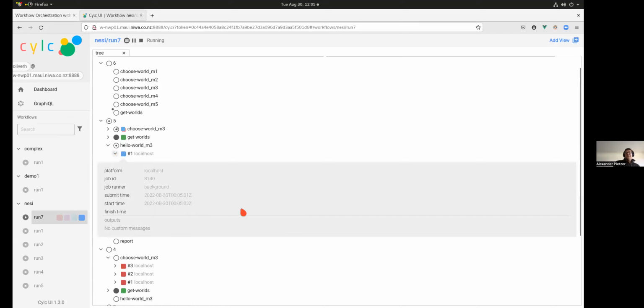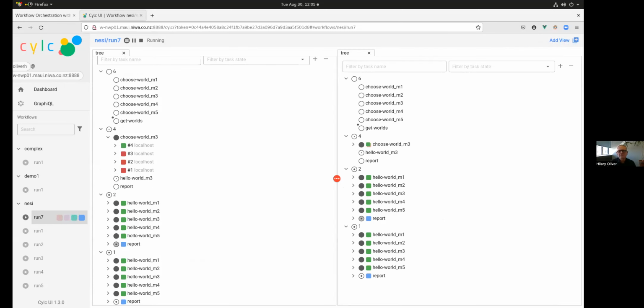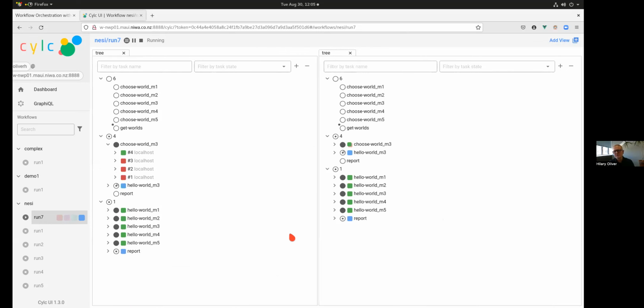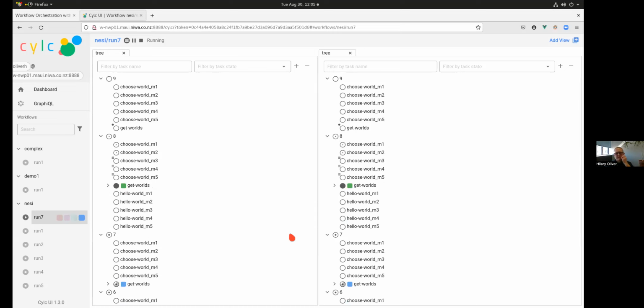So we do have a question, Hilary. I'm not sure if while the demo is running or should we wait? Okay, so a question by Daniel, and he asks whether one flow.cylc can call or include another? So basically nested workflows. Yes. Yes, you can run workflows inside of the tasks in another workflow. That's kind of a tricky thing to do. If you're interested in doing that, you need to get in touch with me. But you can do it.